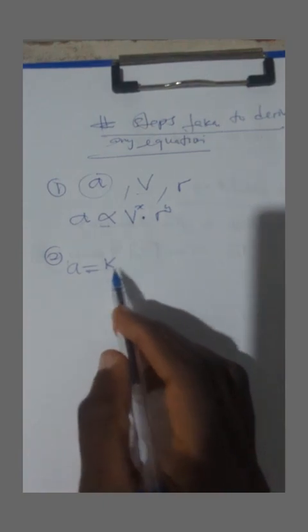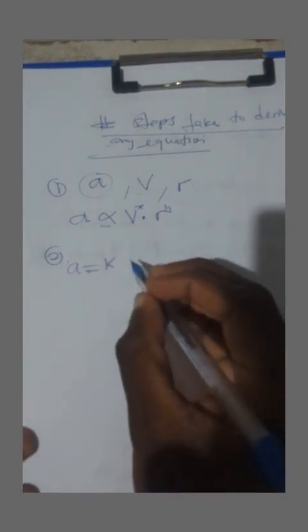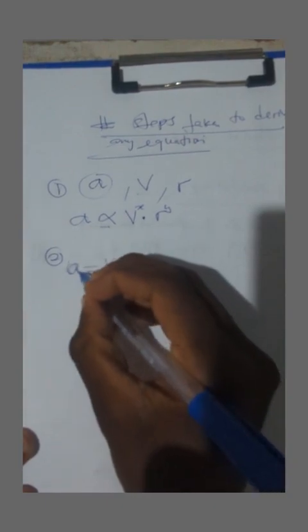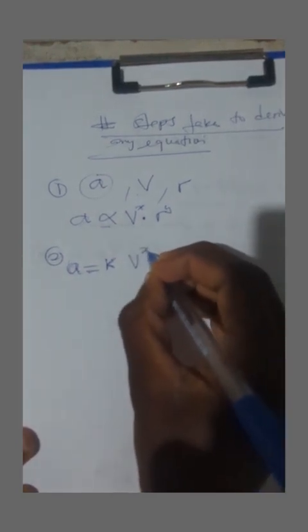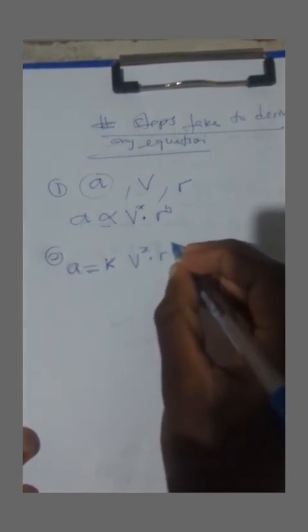Okay, so if you replace alpha, you will introduce an equal sign and a constant k. Then it will be like this: alpha, the acceleration, is equal to k multiplied by v to the power x times r to the power y. As simple as that. Hope you guys can follow it. Then step